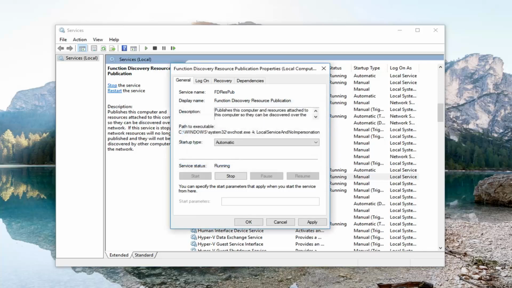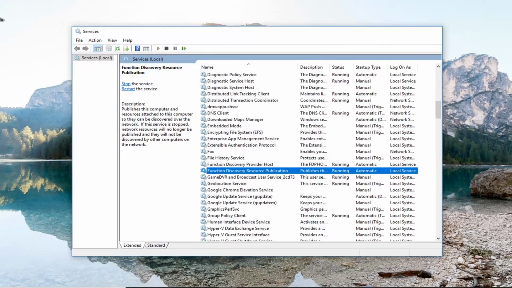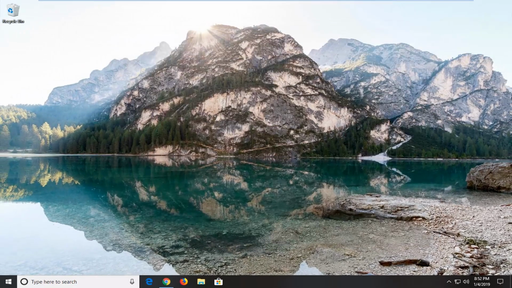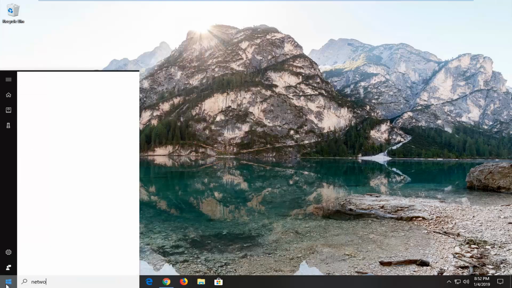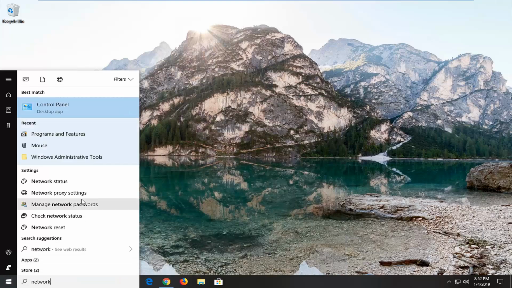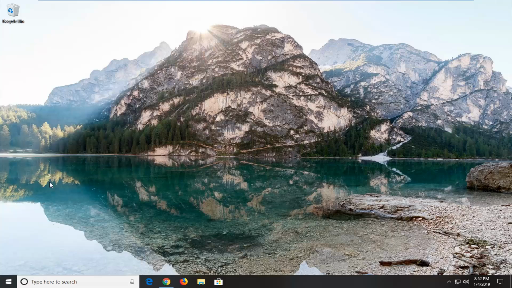So once you've done that, you can safely just click on apply and OK, get out of any open windows you have. With just restarting your computer, hopefully that has resolved the problem. If it has not, another thing you can just take a quick look at here would be to open up the start menu, type in network, give it a moment here. So underneath settings, you want to left click on network status,